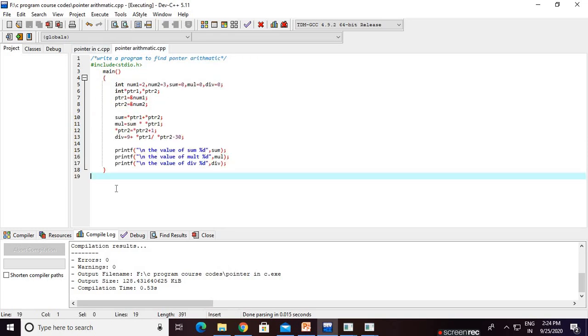Now this is pointer arithmetic. That means which type of operation we are performing on pointers. We take two values, num1 and num2, assigning num1 with 2 and num2 with 3. Then we perform operations like sum, multiplication and division, so we take three variables sum, mul and div, each assigned with 0.